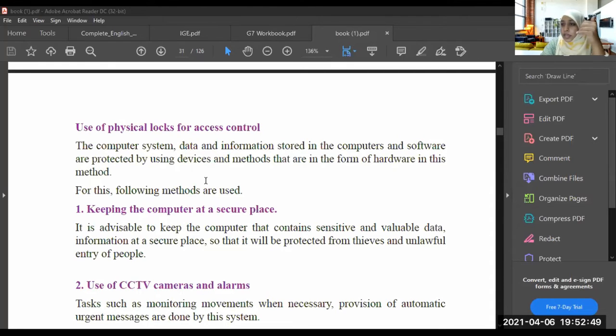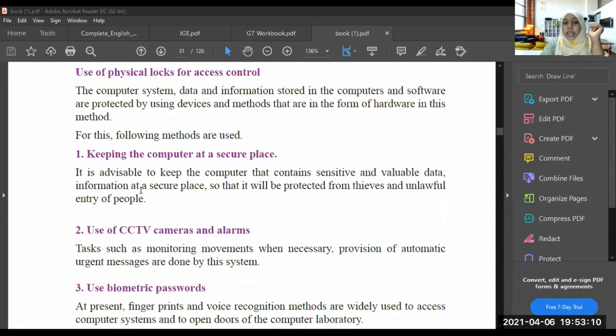If someone comes and takes your hardware components, all the data and information is inside your hardware components. So, as you safeguard the data and information inside the computer, like that, you should safeguard your hardware components also. So how do we safeguard our physical components? Keep the computer in a secure place.